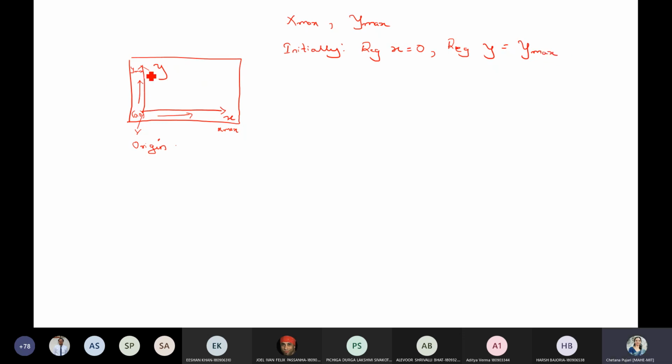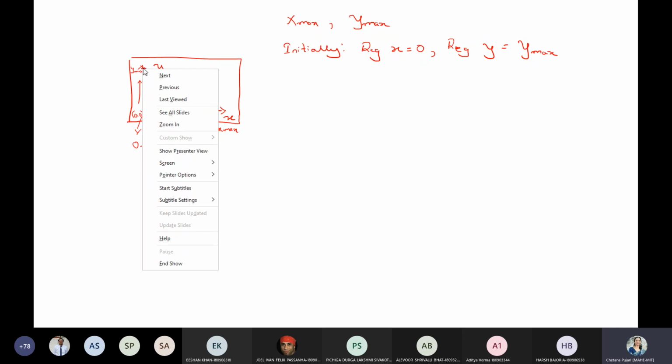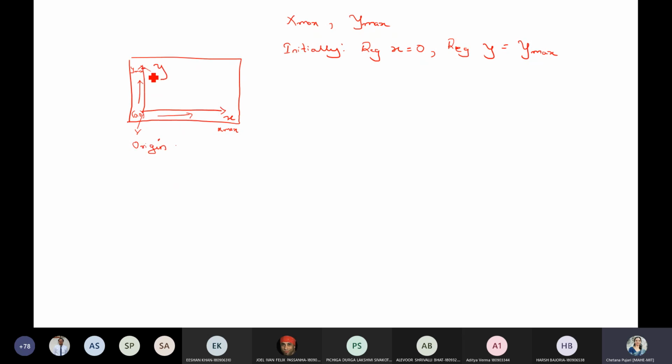So X is 0, Y is Y max; we are somewhere here in the initial position. Which system are we dealing with? Correct, because we are going for raster scan.